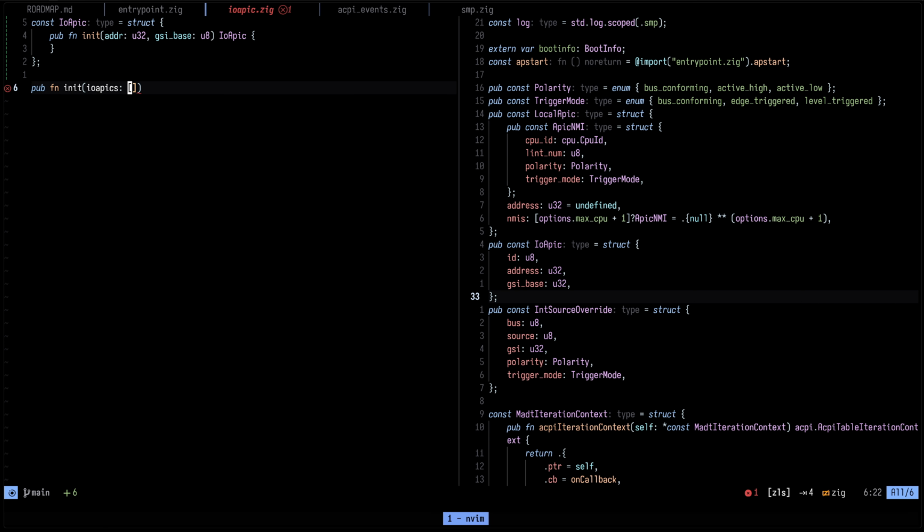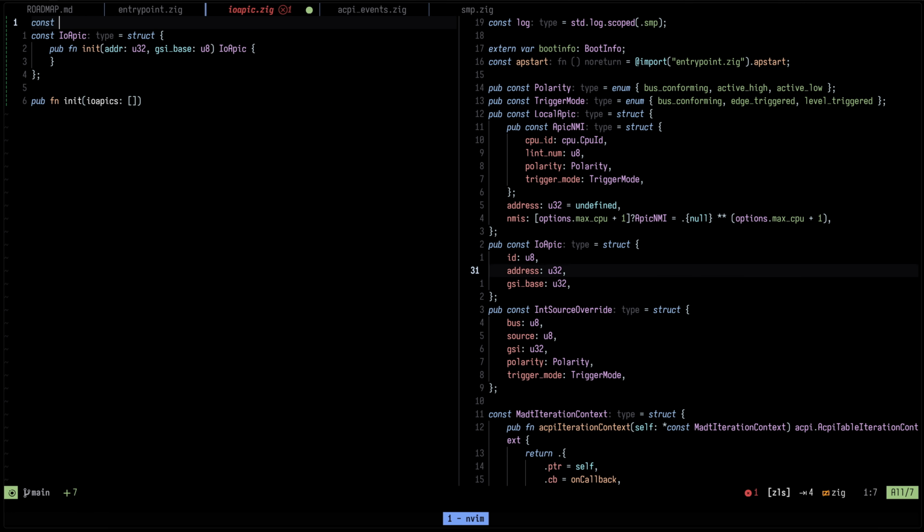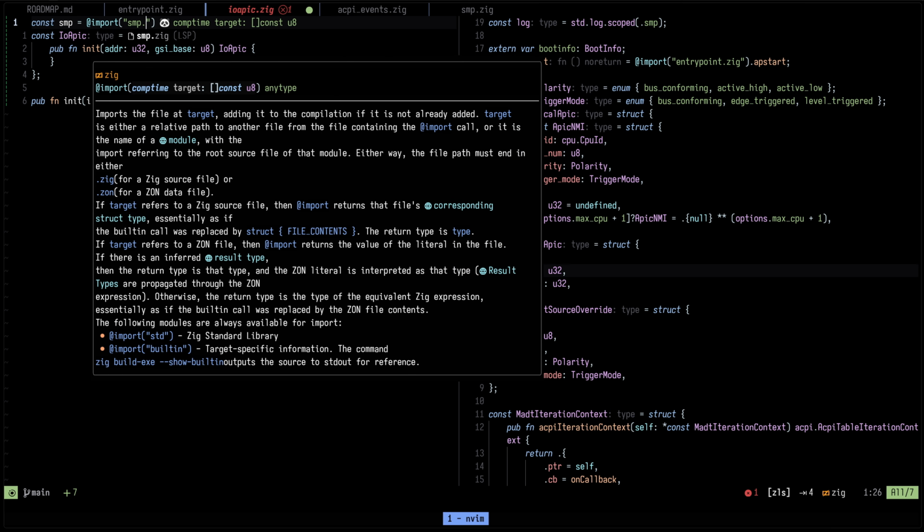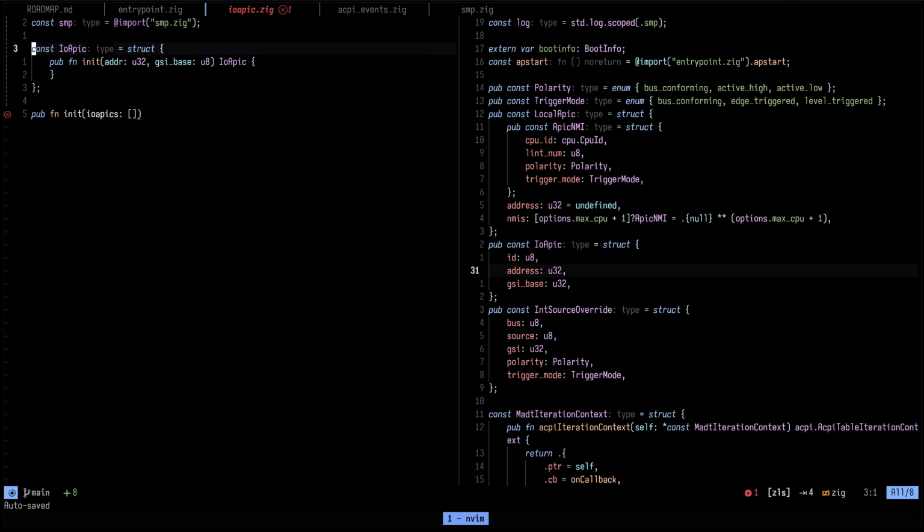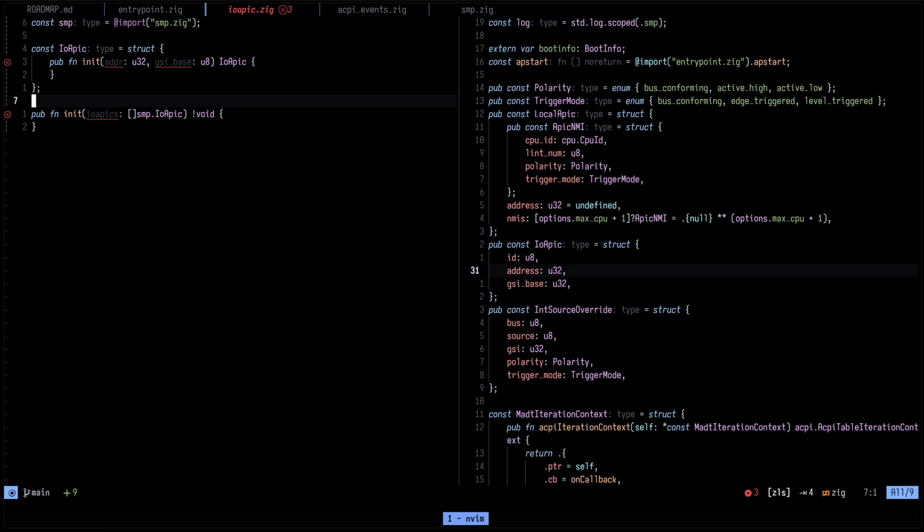Right. So this might be something I need to move though. Or probably not. So hold on, let's just move on, okay? So SMP is import smp.seg, yeah. And here we can just go ahead and do IO Apic, or rather smp.ioapic. This one here returns void, probably errors out somehow. Not sure. But yeah. So now we can actually,